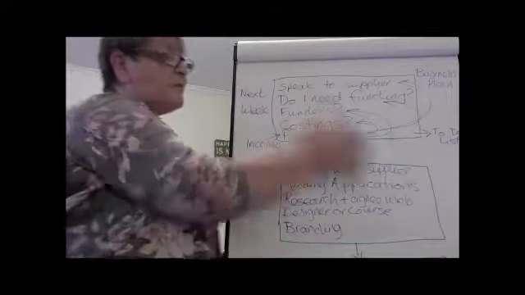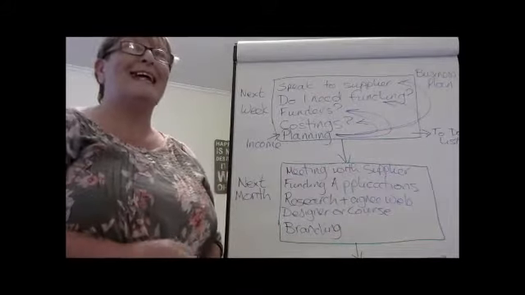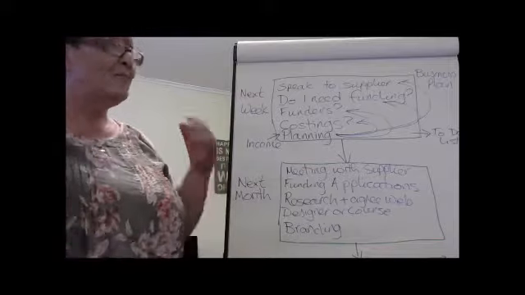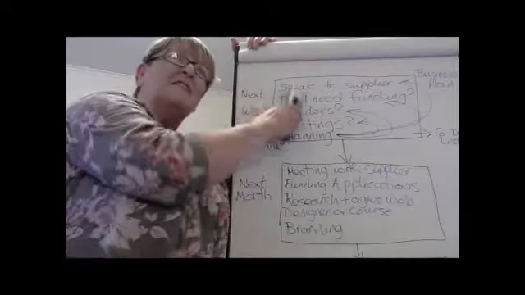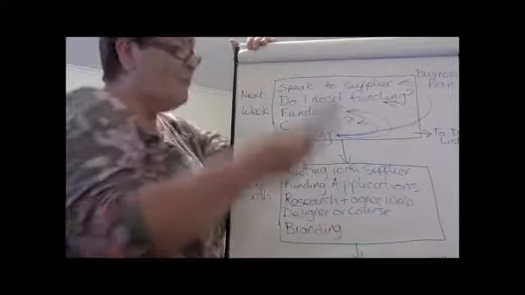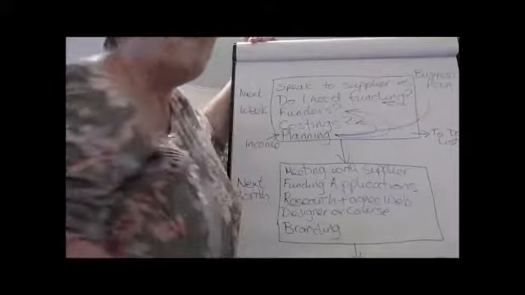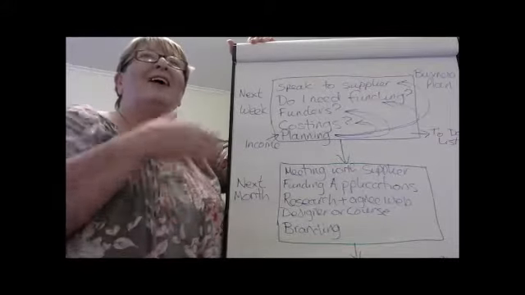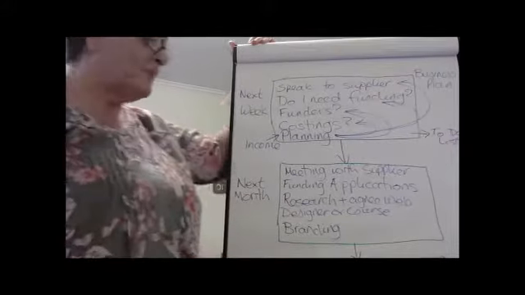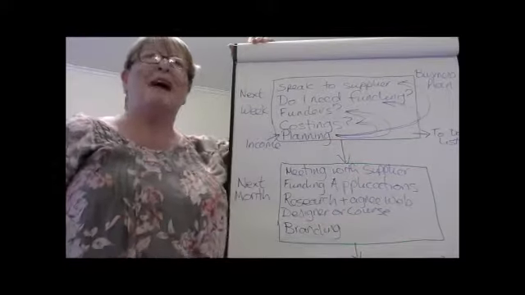So these timescales could end up being quite flexible, because quite often life isn't as straightforward as a plan on a piece of paper. But the better and more detailed the plan, the more chance you have of meeting your timescales. Does that make sense? I hope so.